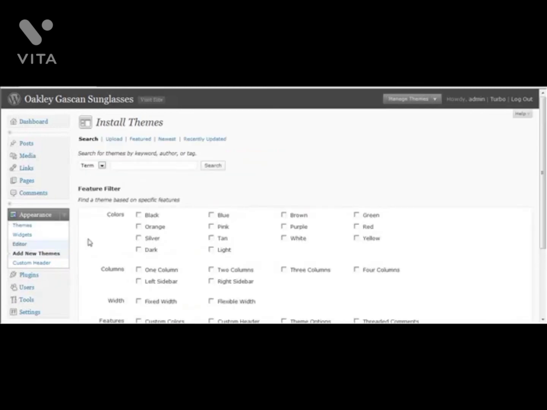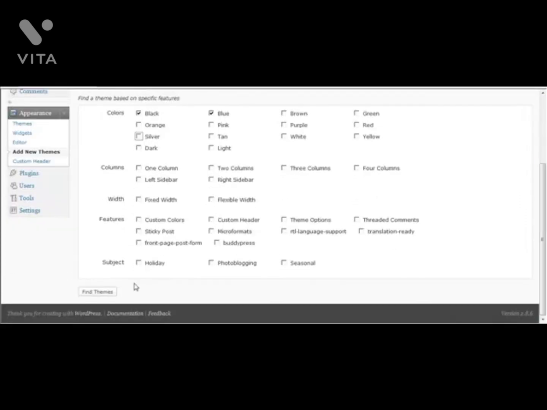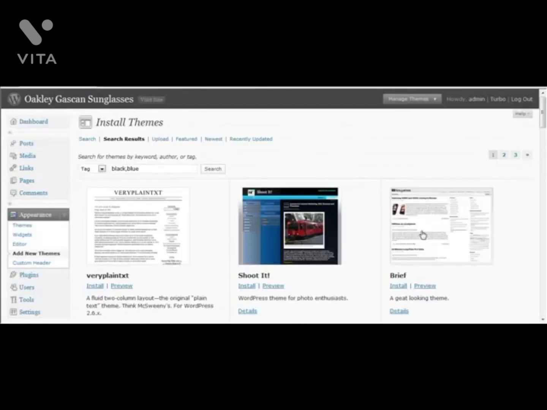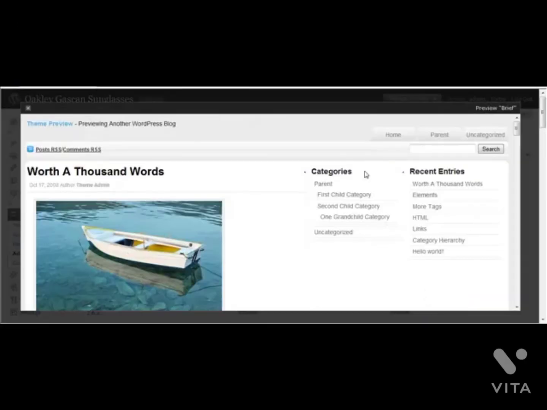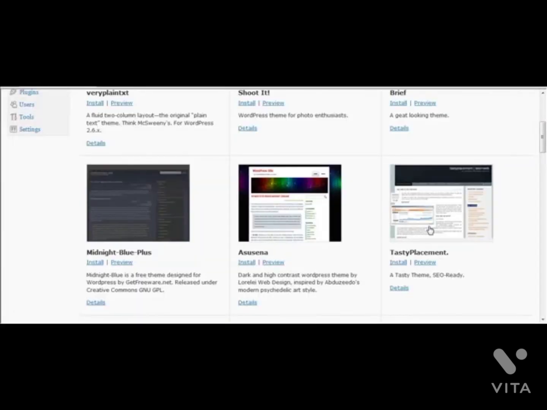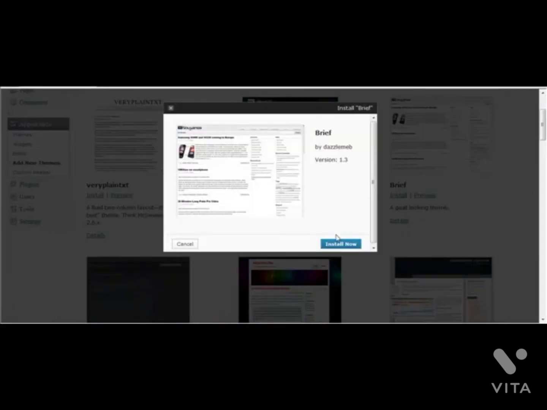Add New Themes. And what I recommend you do is that I usually go by colors: black, blue, those tend to be professional looking. You could also choose silver, and then just do a quick search here for themes that match that color. So go ahead and just choose Find Themes, and you're going to find here some possible themes to consider. So if you see a theme that you might like, just simply choose Preview, and if that theme looks pretty good to you, just go ahead and come over here and choose that little X, and then you can just come right up here and choose Install, and then go ahead and select Install Now,